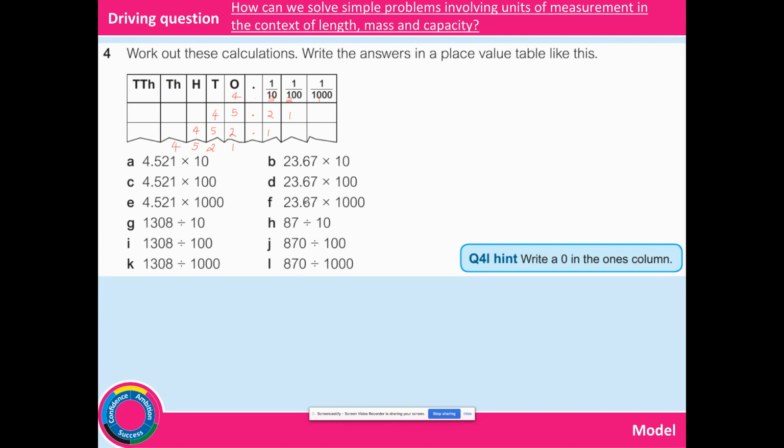So for this section, I've got 23.67. I've just realised actually I'm going out of order, aren't I? But never mind, I'm just doing the same number in one chunk. Okay, now I'm going to do mine up here, but you do yours, follow down on your table. So we're starting with